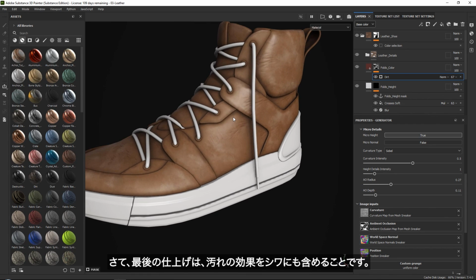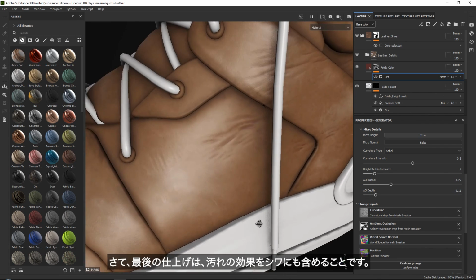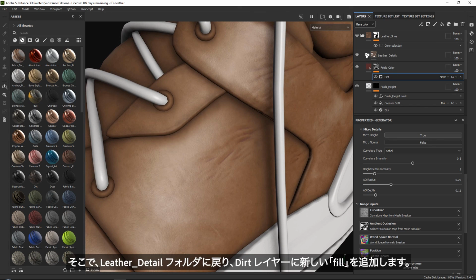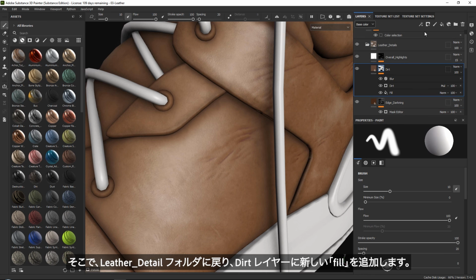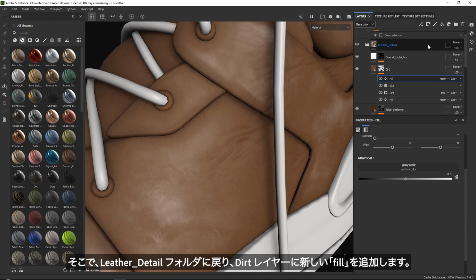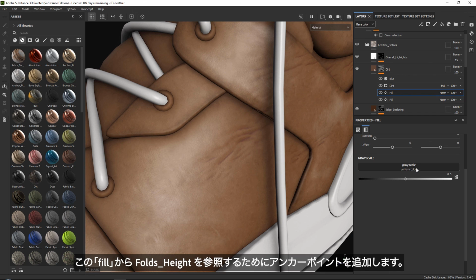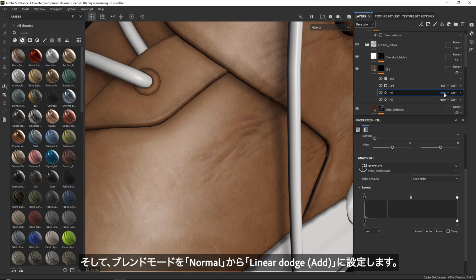Now finally, to finish things off, I also want to include my dirt in these creases and folds. So if we go back into our leather details, we can go into our dirt. And let's just add a new fill. But of course, you want to drag this fill below all of our dirt generators and our blur. Now in this fill all I need to do is reference my folds with our anchor point. And then set the